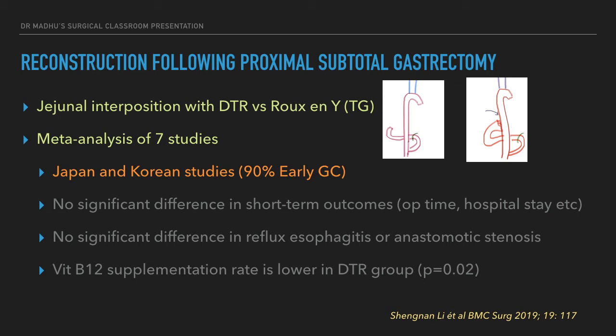Because the distal stomach is retained, the vitamin B12 intrinsic factor pathway is intact, and hence it resulted in the reduced vitamin B12 supplementation rate. So basically this meta-analysis showed us that the double tract reconstruction is as good as a Roux-en-Y reconstruction following a total gastrectomy, and the long-term nutritional outcomes are better. So very recently this type of reconstruction is becoming a preferable option following a proximal gastrectomy for an early gastric